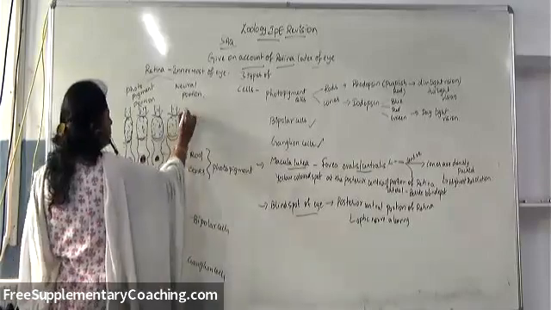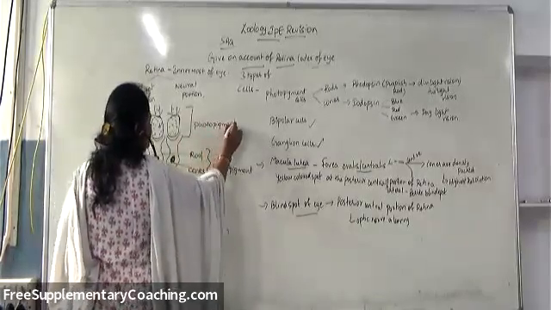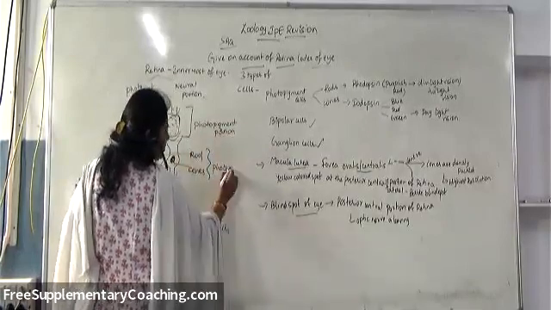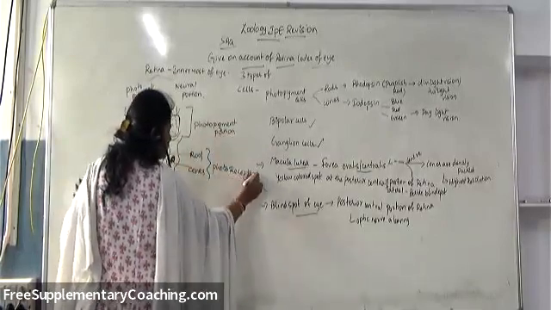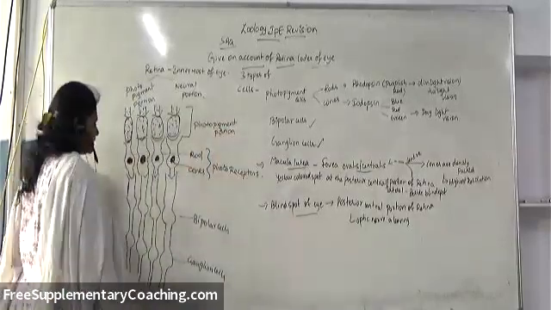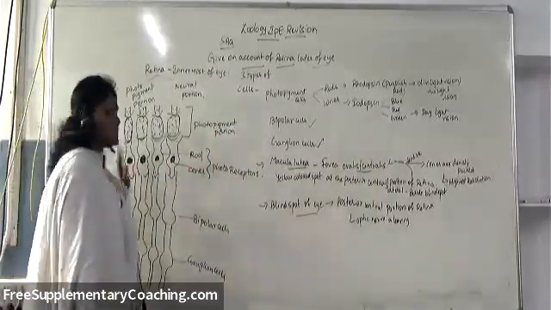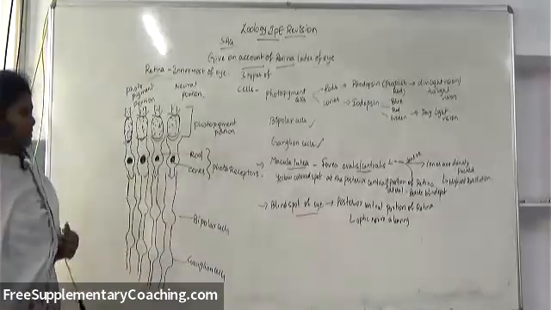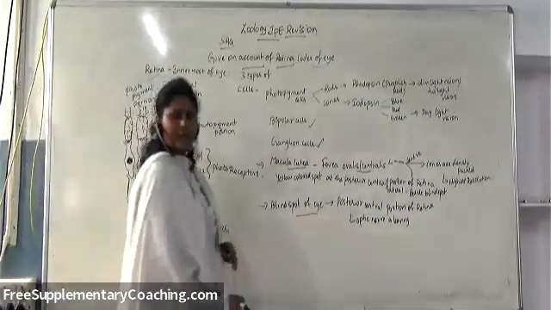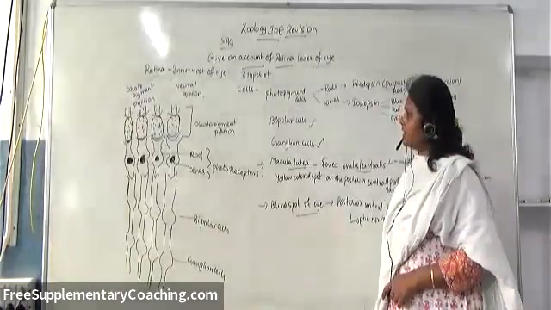And this portion is the photopigment portion. So this you can present as the photoreceptor. The photoreceptor consists of rods and cones, because they are acting as receptors that help in perceiving light, either dim light or daylight. So like this, roughly you can show the picture also. Okay, so that is about the retina, which is the innermost layer of the eye.